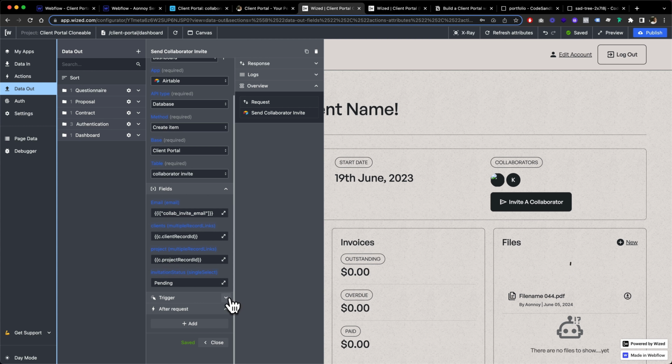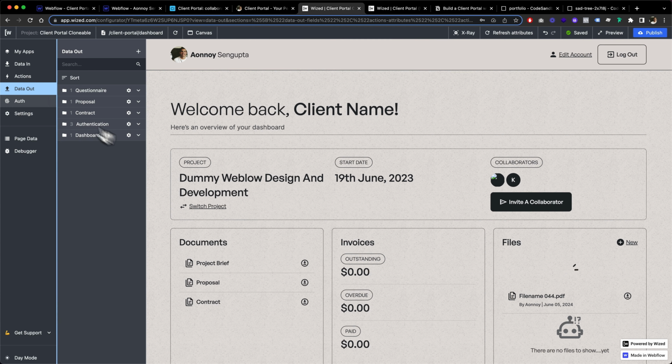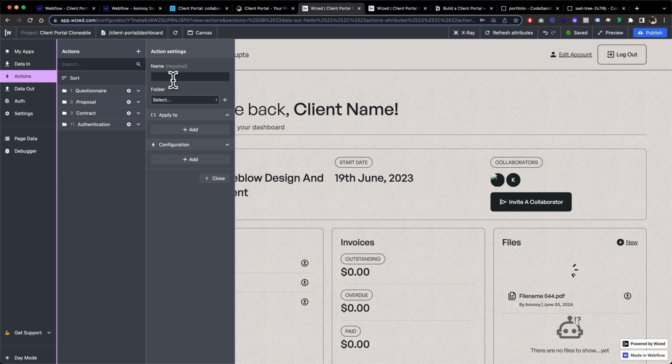Okay, so we don't have a trigger for this, because we're going to set up the trigger from our actions, and there is no after request. So our data out request is done. And now we can finally jump into our actions and start smashing each and everything out here. So we're going to create a folder real quick